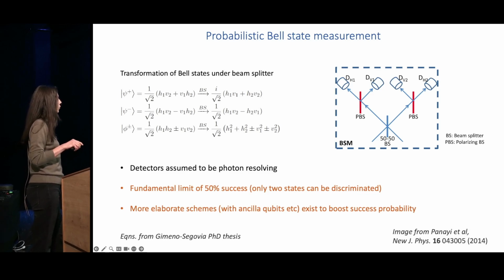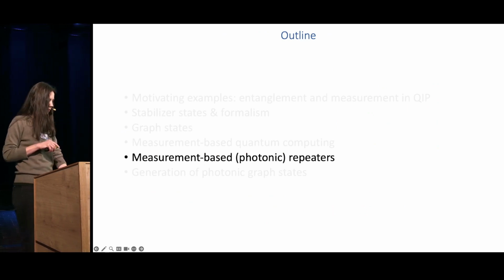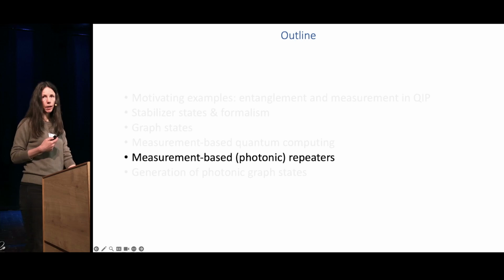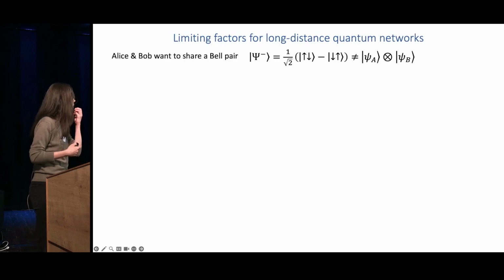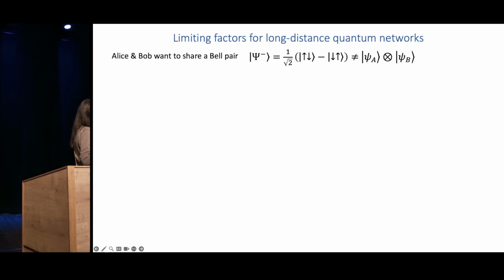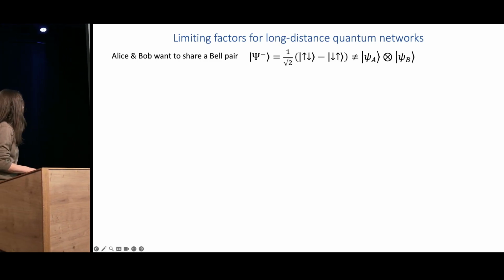And there are some issues that come along with this, right? So let me talk about photonic repeaters and quantum networks and show you how we're trying to address these issues in that context. A lot of this will also be relevant in quantum computing, right? But I'm focusing on networks as a specific